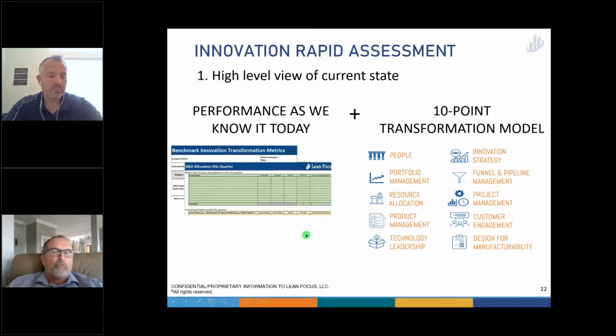So what we want to do is take your performance as we know it today. So let's just write down what we know. We would ask you a lot of questions in terms of, how are you assigning people? How are your metrics doing? What metrics do you keep? And then we also want to add to that a more subjective look at 10 areas of transformation. So you can see as we look at this list, we've really got, we believe, a comprehensive listing of the different lenses that we want to look at as we see the opportunity to transform.